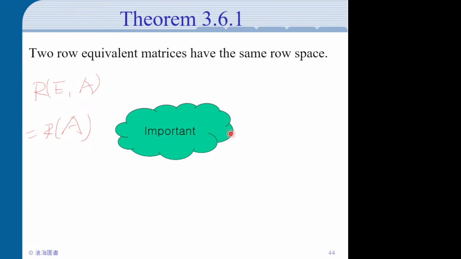Okay, so the first property is that we basically want to see how the row space and column space transform when we do Gaussian elimination. So when you do the row operations. Okay. And so the first theorem is that we see that when you do a row operation on your